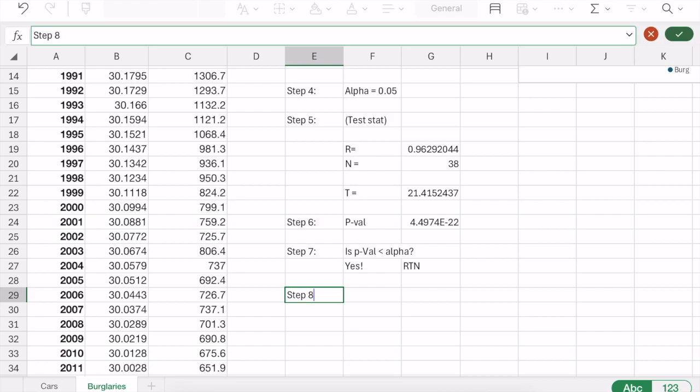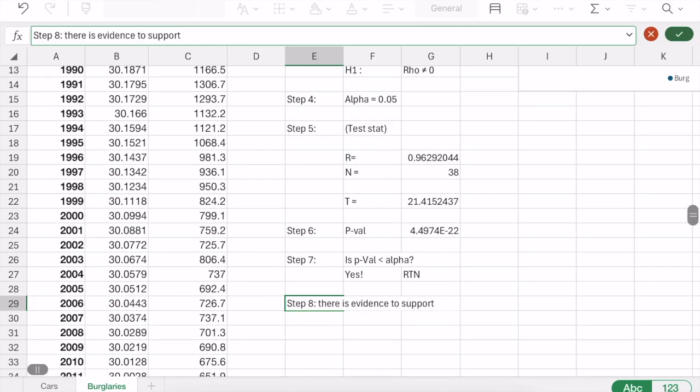Okay, step 8. There is evidence to suggest. All right, let's do support. I don't use support nearly enough. Support is stronger than suggest, I think. There is evidence to support a significant statistical